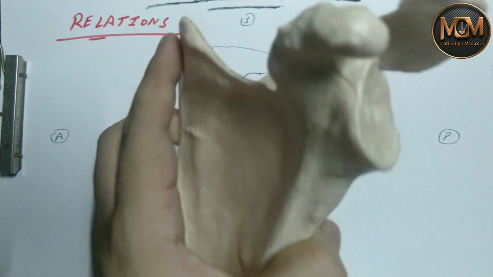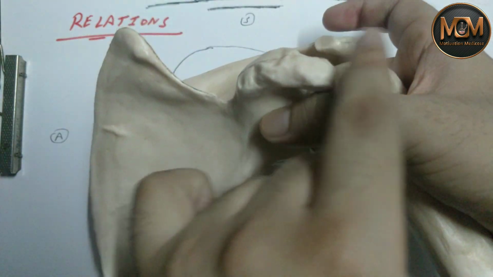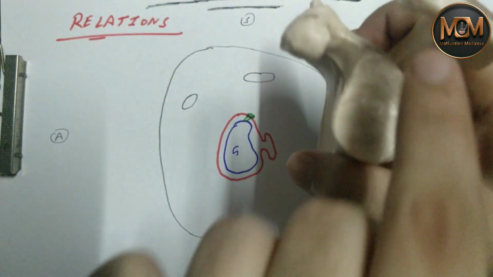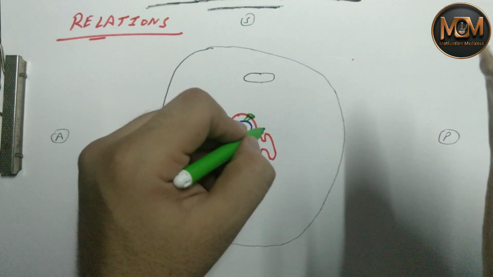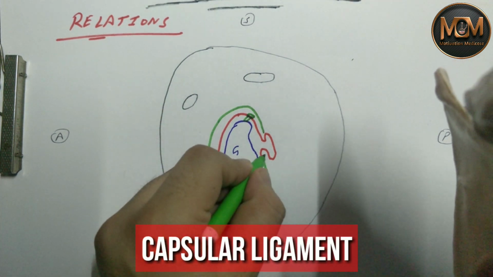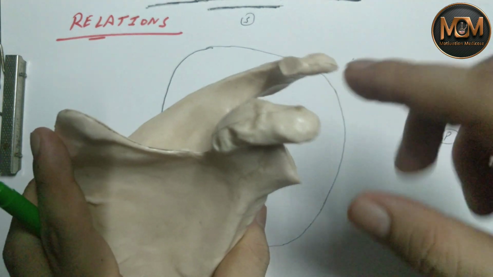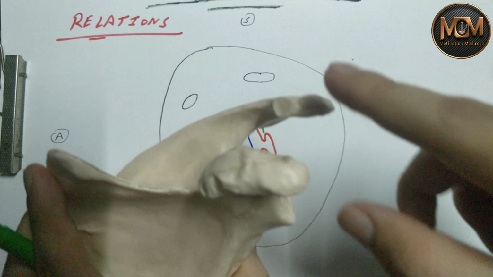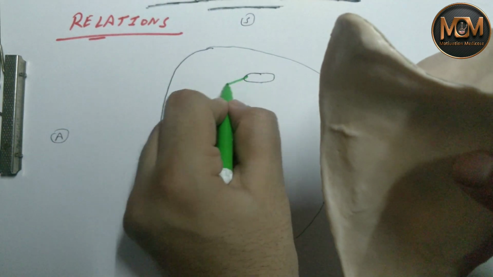Now as you know, about the structure present around this joint, in our first video I told you that there is a capsular ligament present. So when we cut like this and view it, you can see there will also be a capsular ligament present. So we'll draw the capsular ligament. It will be present something like this. So these are the structures. And I have also told you that from the coracoid process to the acromion there is a ligament present, that is the coracoacromial ligament. We are drawing the same.